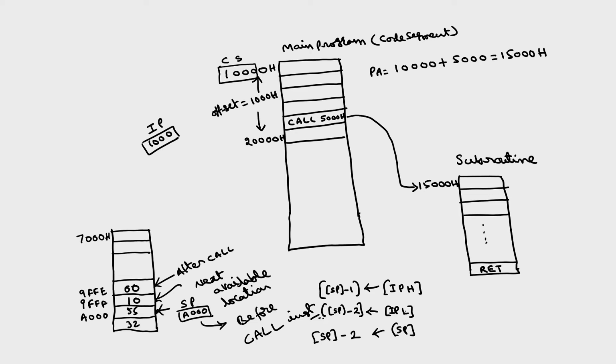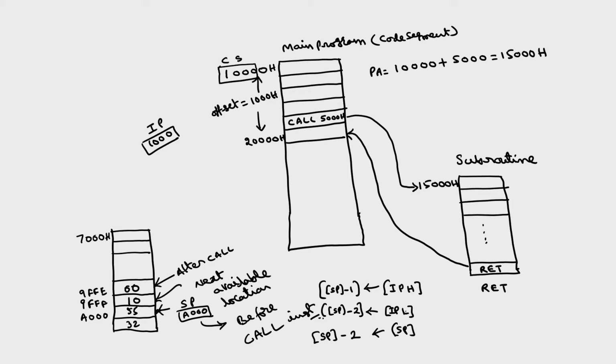Okay. So, corresponding to this, the next instruction is the return instruction. In the return instruction RET, in order to go back to this 2000 instruction, from here it has to go to this instruction. The operations inherent in the return instruction are opposite to these. This 00 will be transferred to IPL, 10 will be transferred to IPH, and automatically SP becomes SP plus 2.